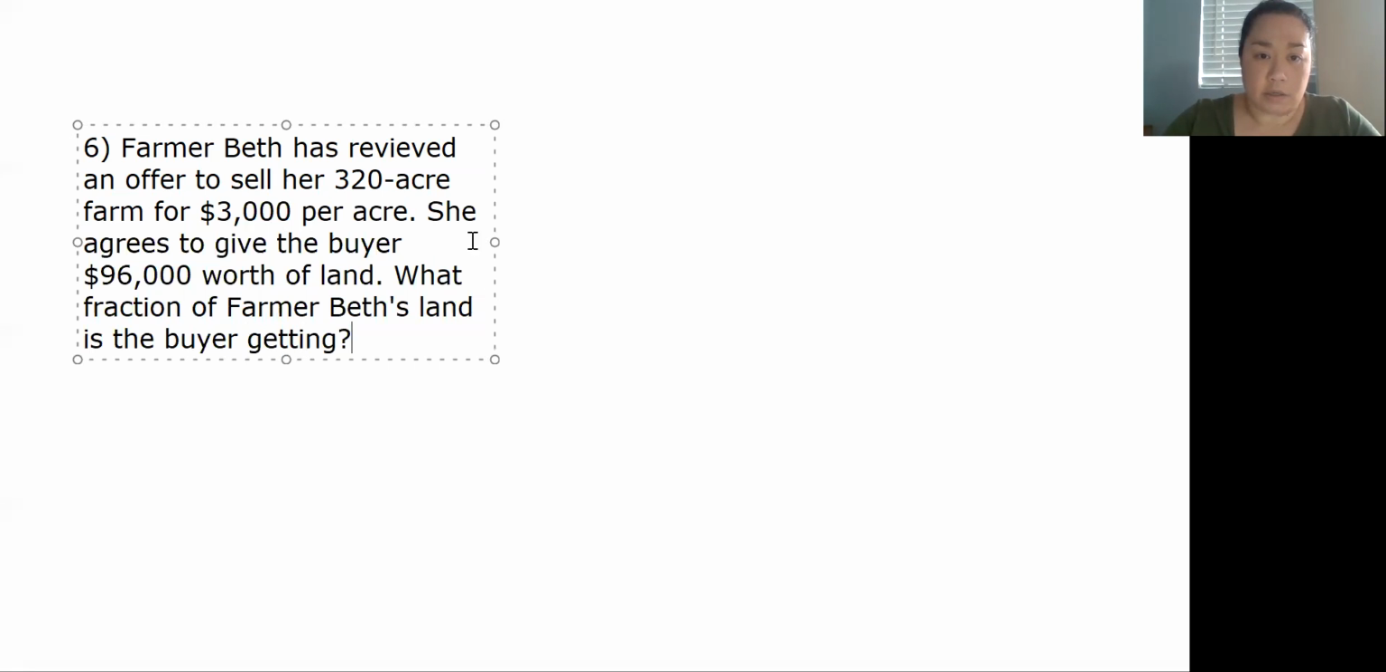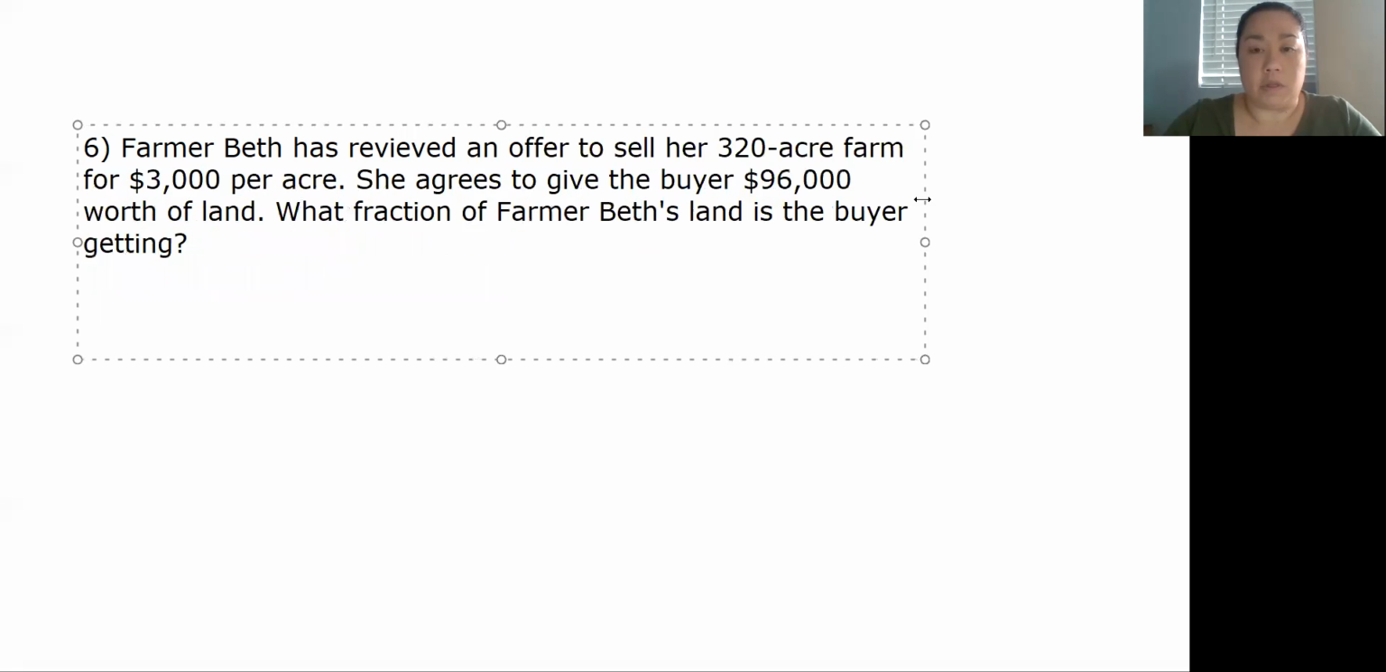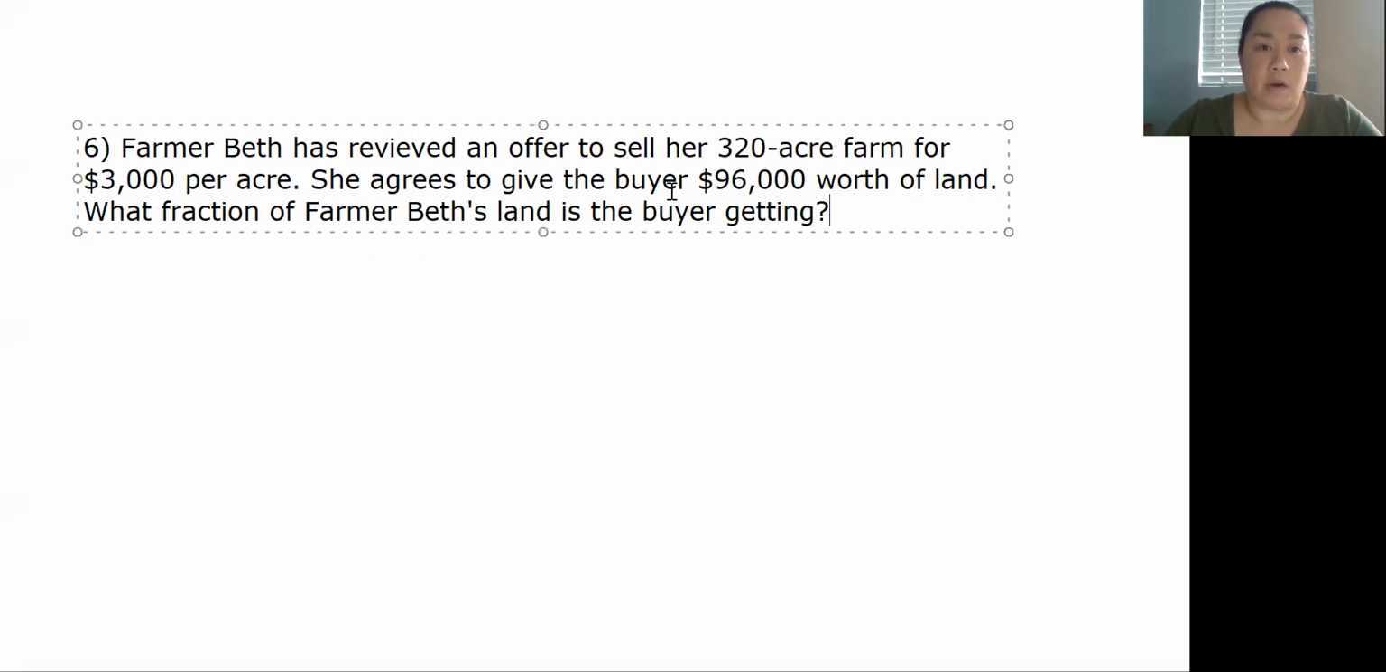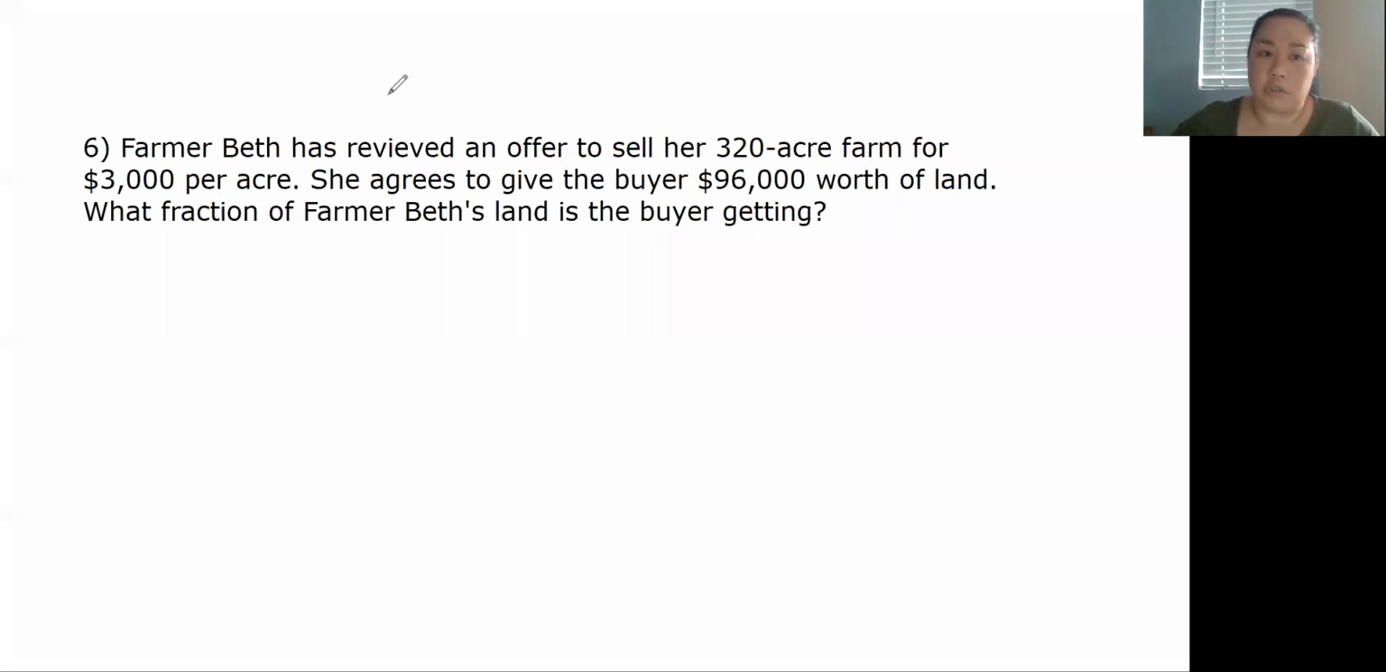All right. Spread this guy out. There we go. All right. So take a look at what you got. Farmer Beth received, didn't even spell that right. It's receipt, just go with it. An offer to sell her 320. Can't even do a straight line. 320 acre. I'm trying to underline here. It's not really working out for me. 320 acre farm